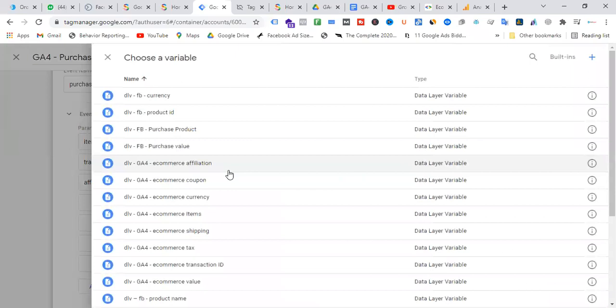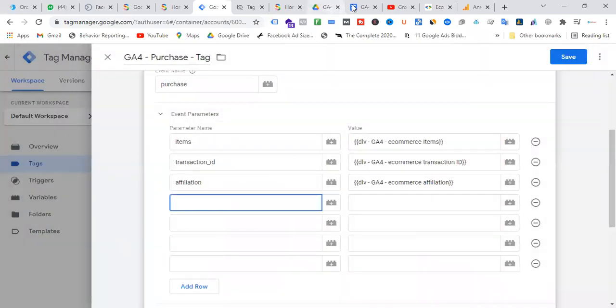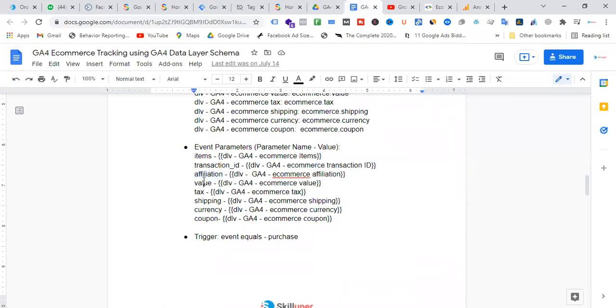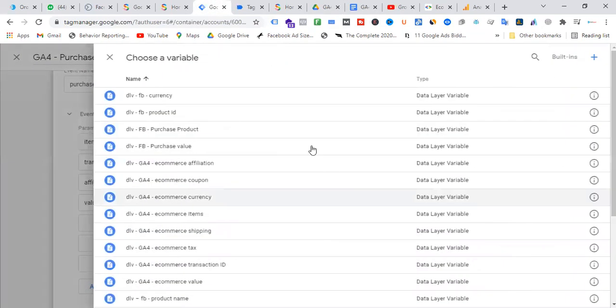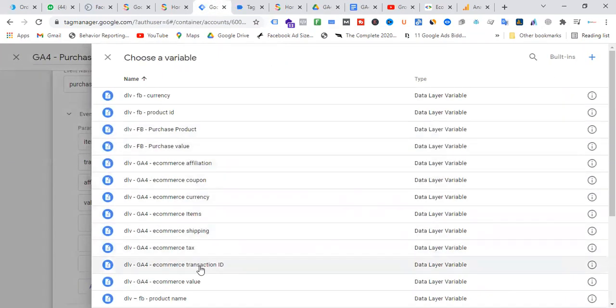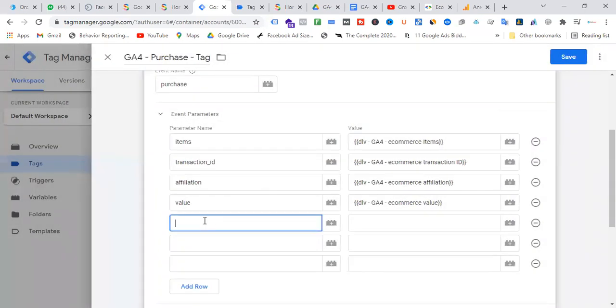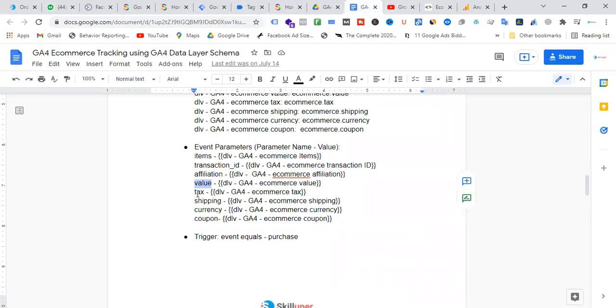That's why I'm doing copy paste. Affiliation. Now value. Sorry. Value. Product e-commerce value.